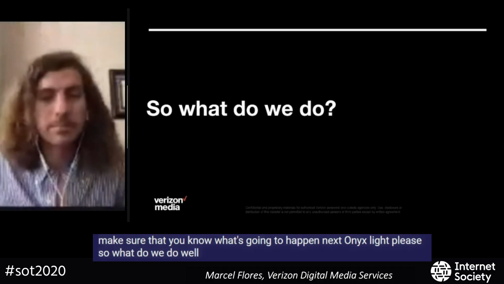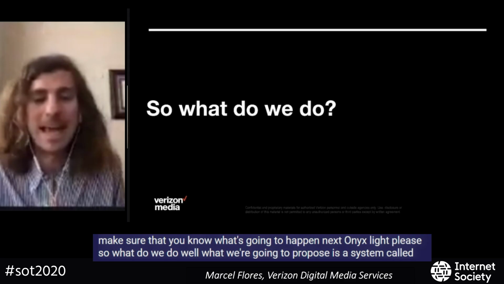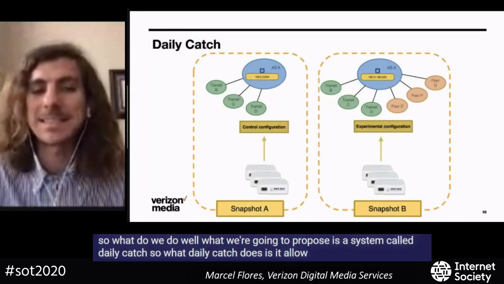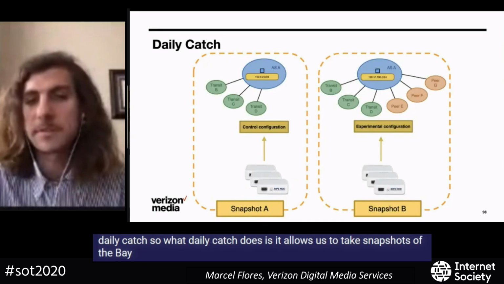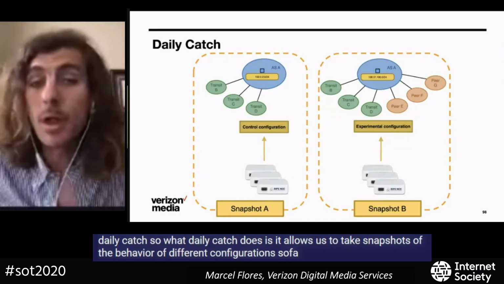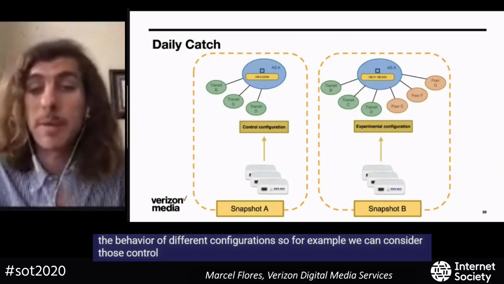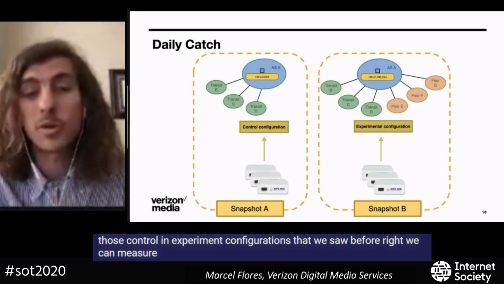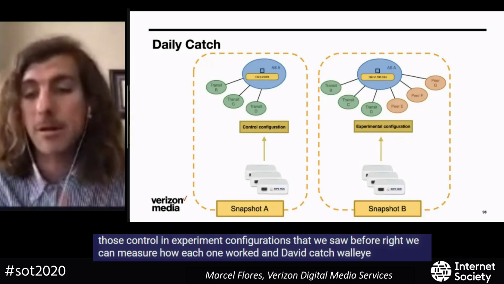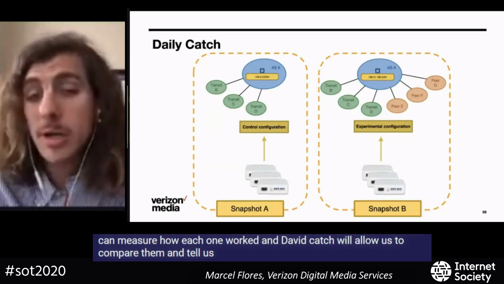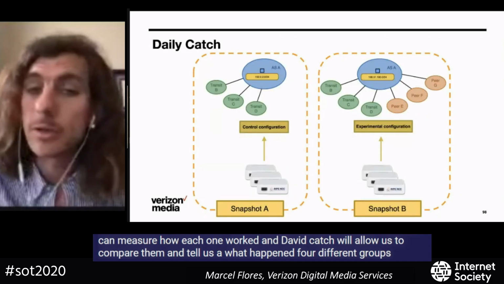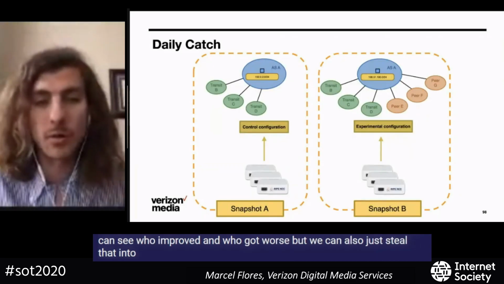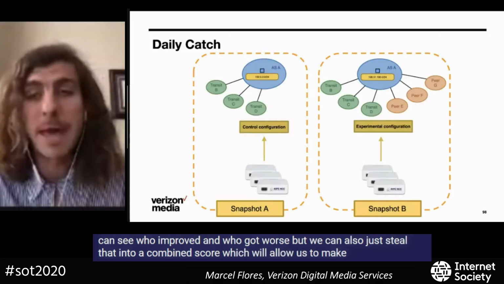So what do we do? What we're going to propose is a system called DailyCatch. DailyCatch allows us to take snapshots of the behavior of different configurations. So for example, we can consider those control and experiment configurations that we saw before, right? We can measure how each one worked, and DailyCatch will allow us to compare them and tell us, A, what happened for different groups, so we can see who improved and who got worse,